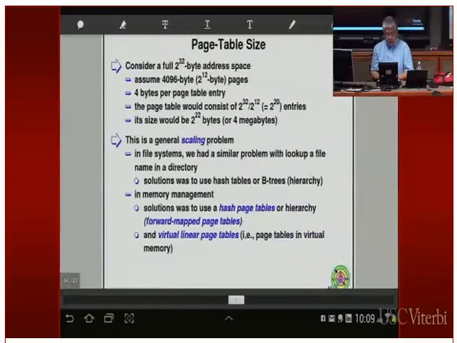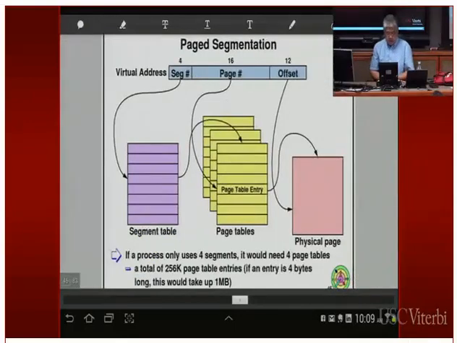All right. So the page table is a little too big to fit into memory. So there are different ways to fix this problem. In general, this is a scaling problem, right? Something's too large, doesn't fit. So the general solution in computer science is that you do hierarchy or you use a hash table. As it turns out, the same solutions were used for page tables. So we're going to see some of these different kinds of page tables.